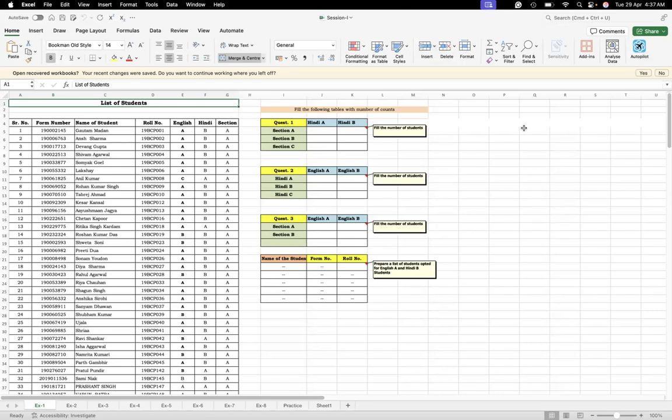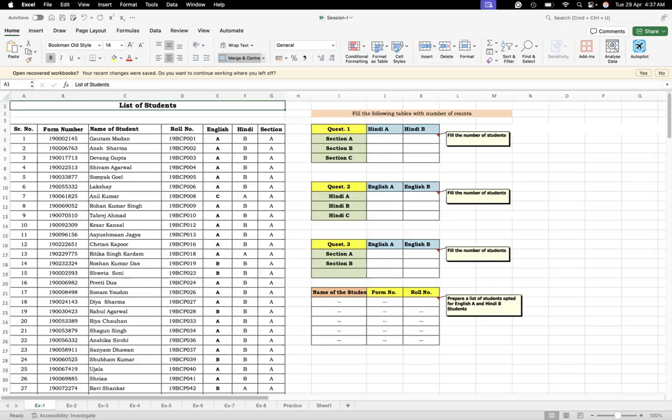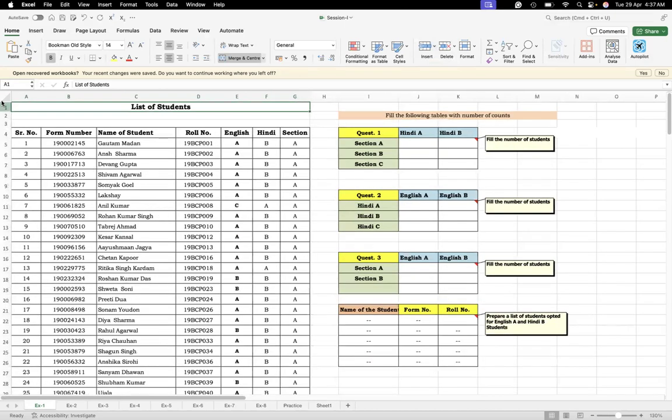Okay, let's start with this question in Excel. This comes under business analytics subject. We are starting with the Excel part now. First, in this question, we have been given this data where there is a serial number,